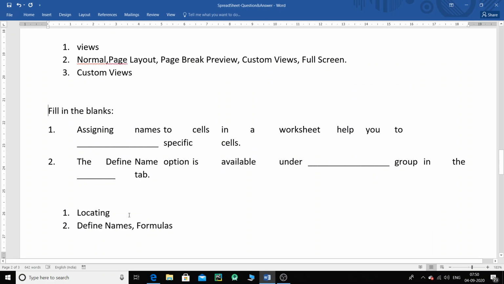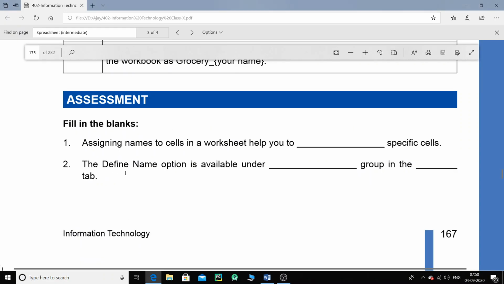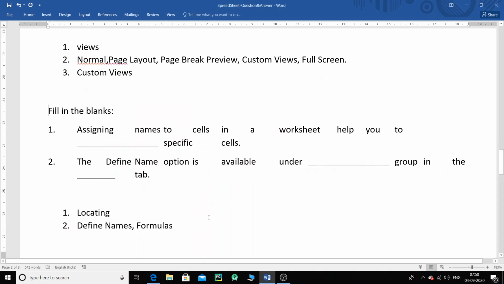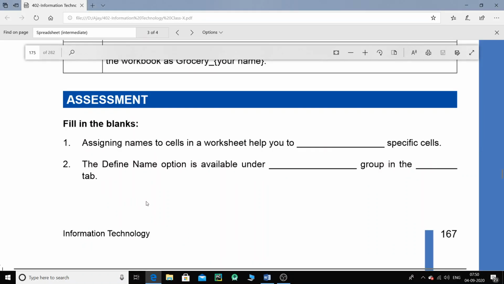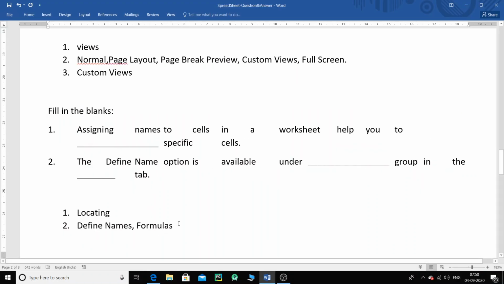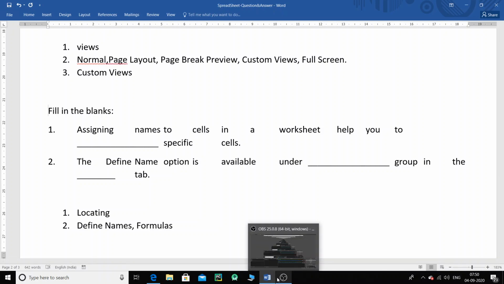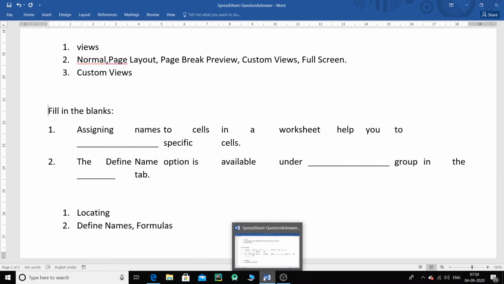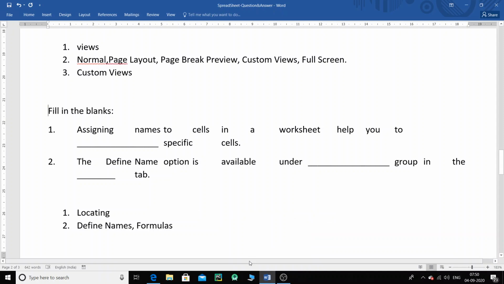The second one was the define name option is available under dash group. That is a define names group in the dash tab, that is formulas tab. We don't have that tab out here, but this is the current version that we are working with.